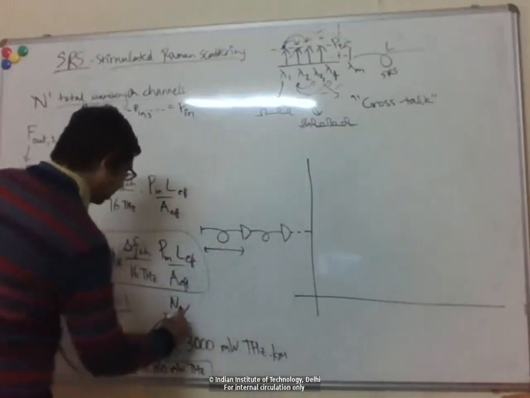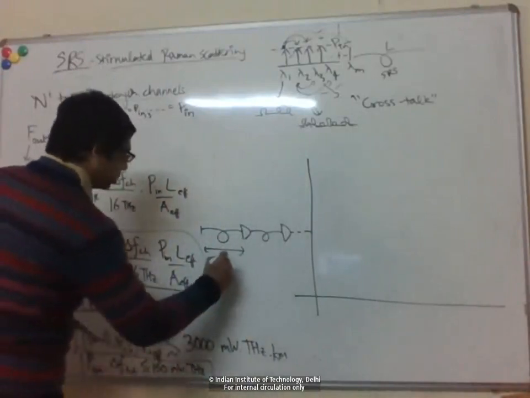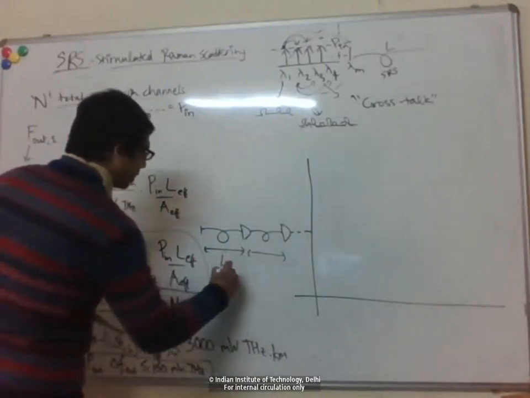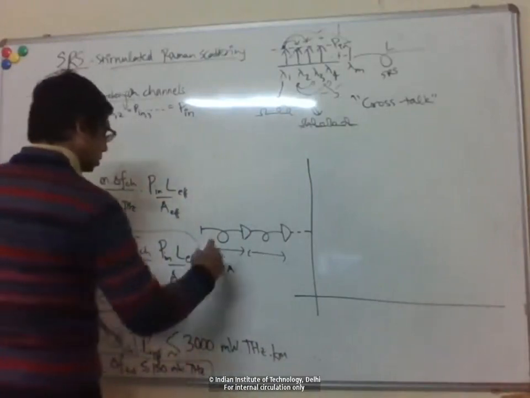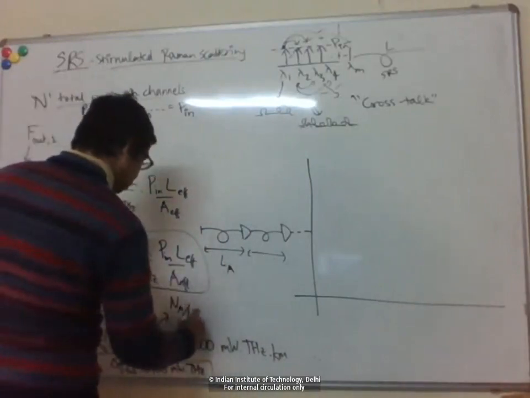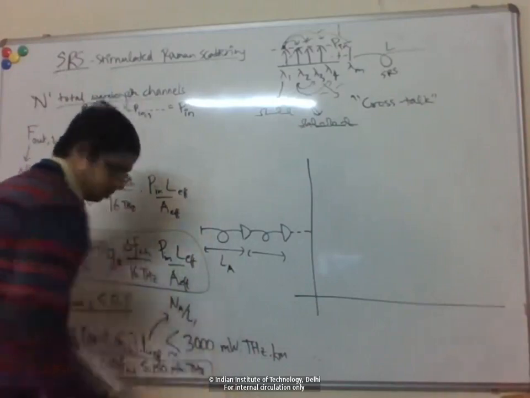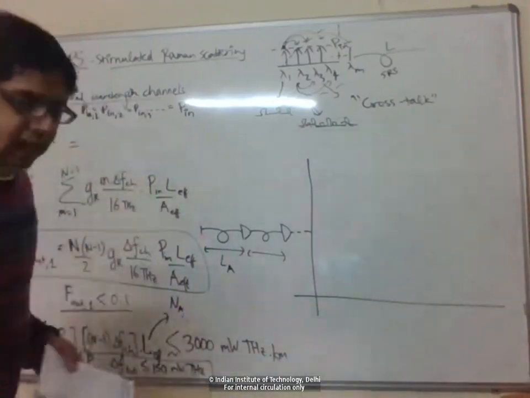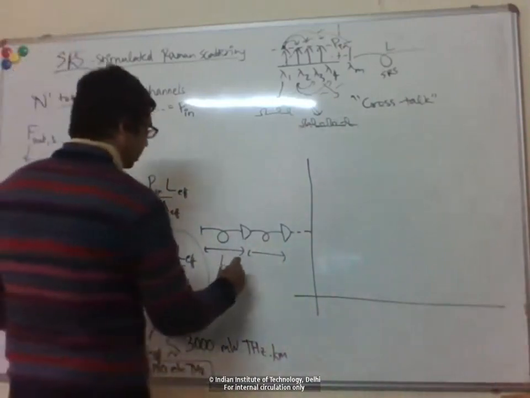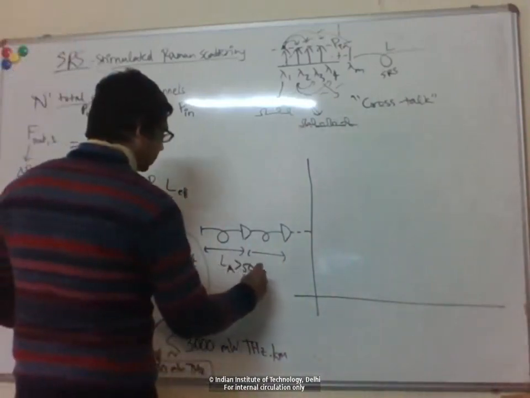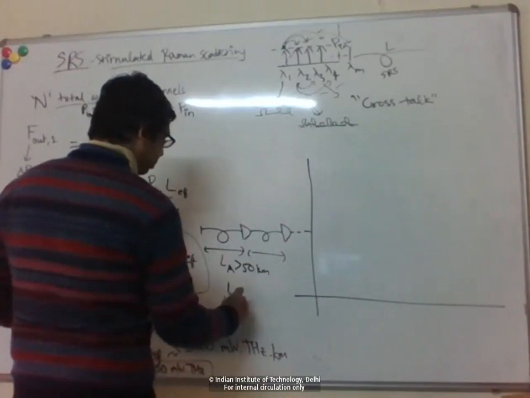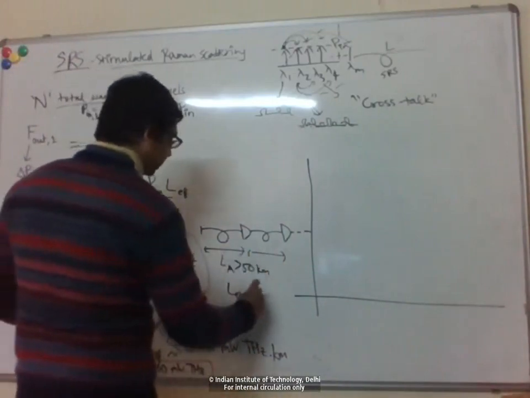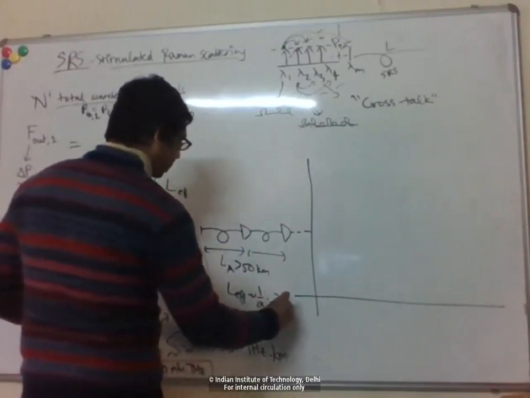the number of amplifiers divided by the distance between each amplifier. Sorry, if this LA is typically greater than 50 kilometers, then we know that the L effective for each section is basically just 1 over alpha, or 20 kilometers,